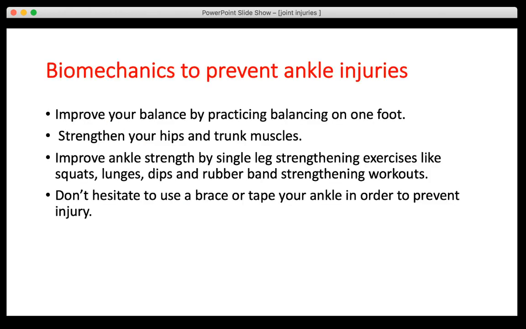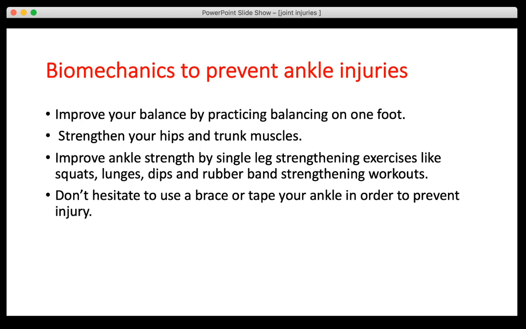Now, the biomechanics to prevent ankle injuries. So, what can you do biomechanically to prevent these injuries? The first one is to improve your balance by practicing balance on one foot. These kinds of balancing exercises can help you strengthen your ankle joint and can prevent these kinds of injuries. Second, strengthen your hips, glutes, and quads, and your trunk muscles too. Because if you strengthen these, they help to stabilize you